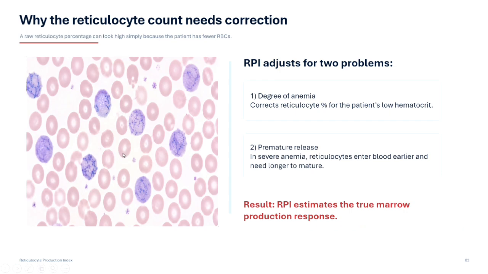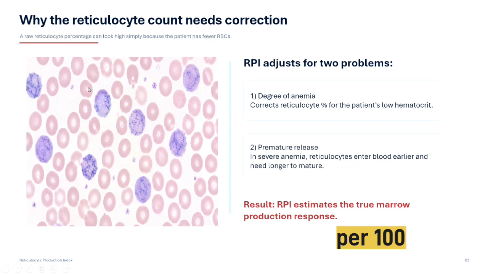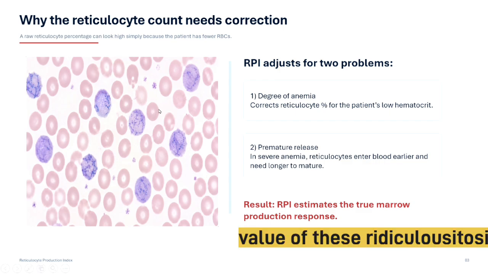In practical laboratory, we count under the microscope the number of reticulocytes per 100 or 300 or 500 red blood cells. But to reach the exact value of this